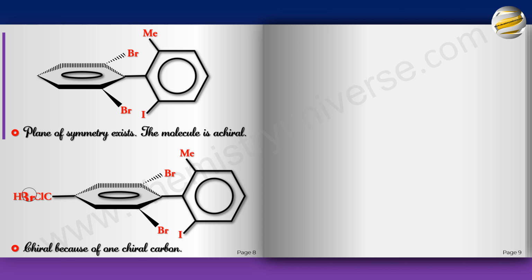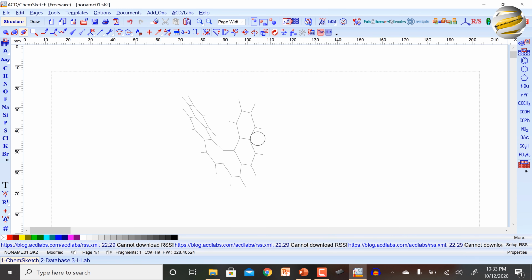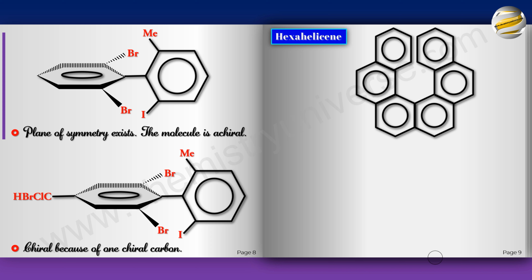Another example is called the hexahelicene, and it's a weird thing. It looks like this. Everything looks fine. Only difference is these two groups are in different planes. So I'm going to show you a 3D model. If you were to simply look at this, can you see they're different? They're in different planes. If they were in the same plane, it would be great, but the rings are so close, they end up being in different planes. So the molecule is dissymmetric and therefore chiral.